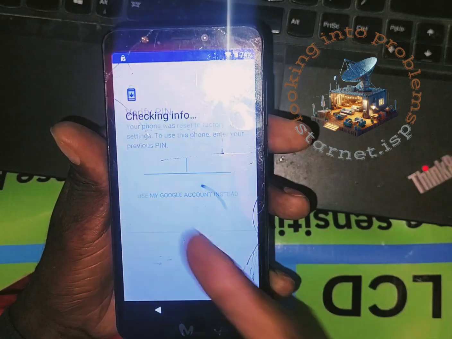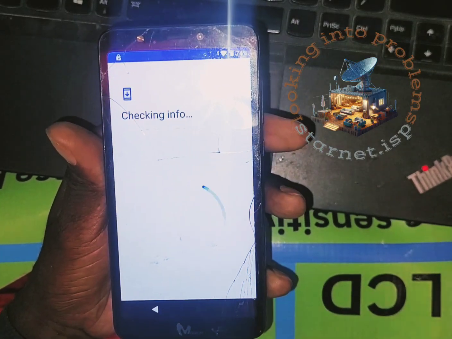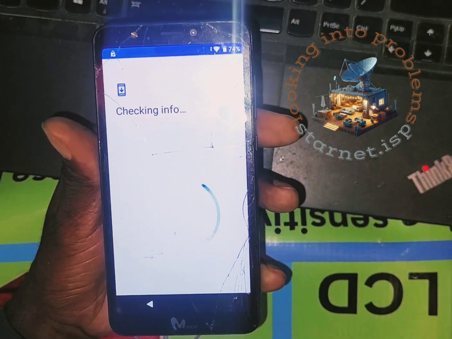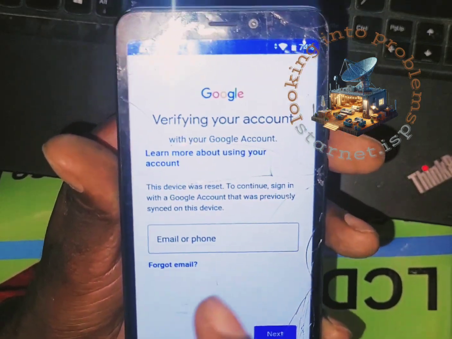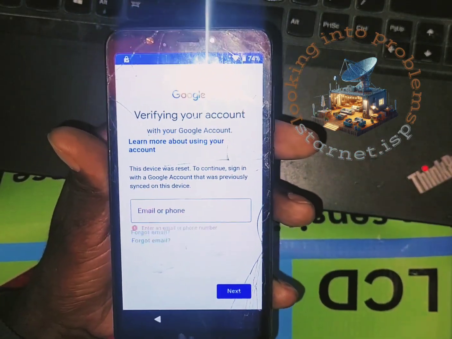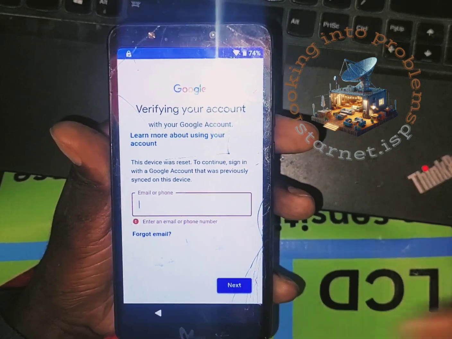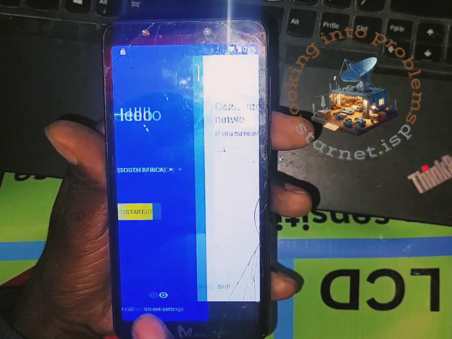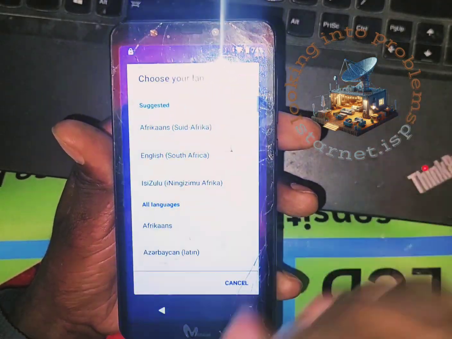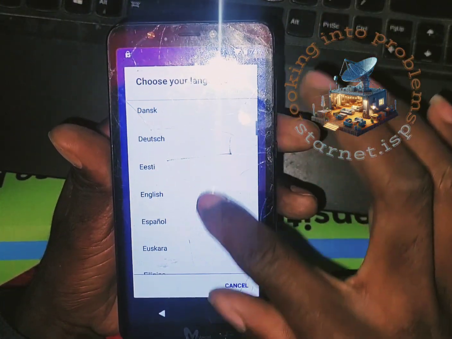So, use account, verify with your pin. Your device was blah blah blah, you know the story. Obviously there is no next. It wants you to put a phone number or email. Okay, let's go back. So on home, let's change language,